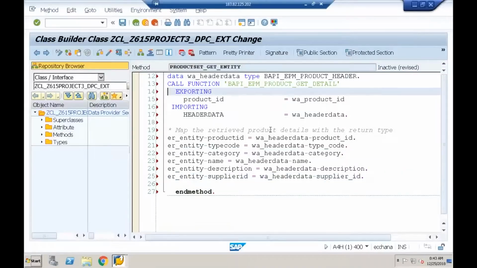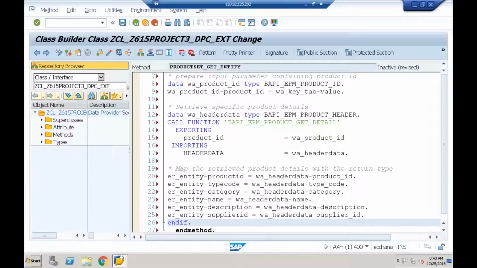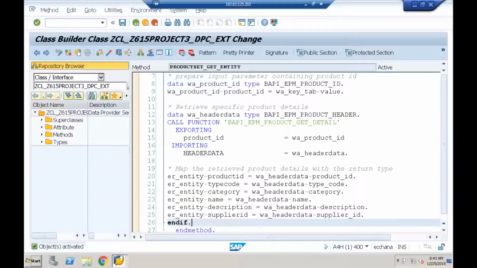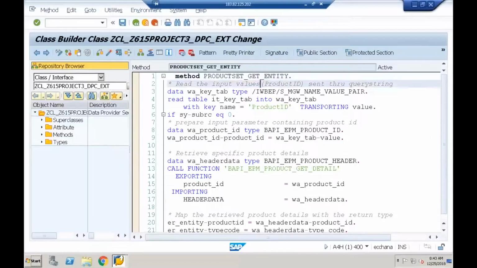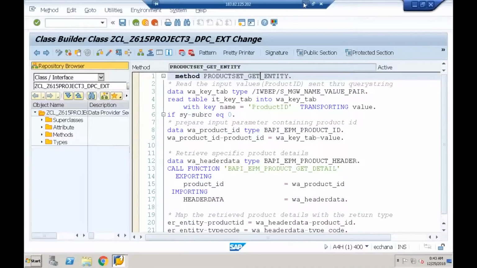Any if statement is there here? Yeah, if size of R, so end if. Let me save it, check for the syntax error, no errors, done. So I'm able to get the specific product details, which includes the supplier ID. Okay. Let me also go for